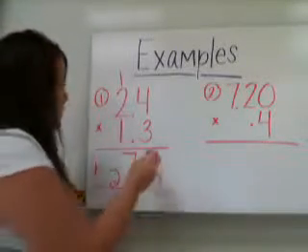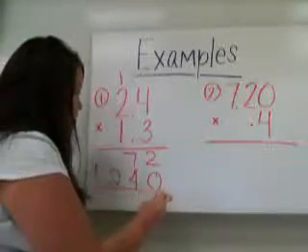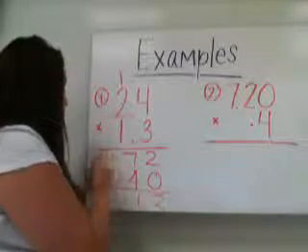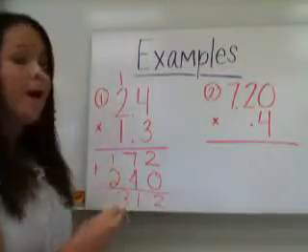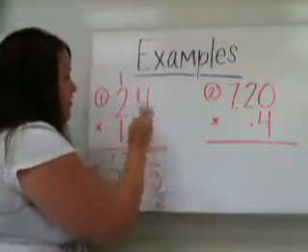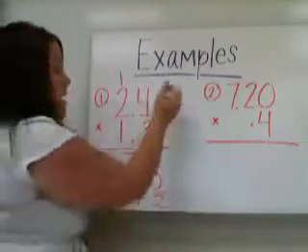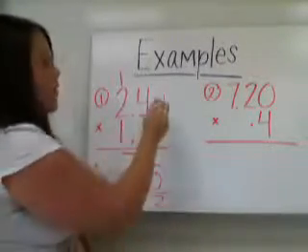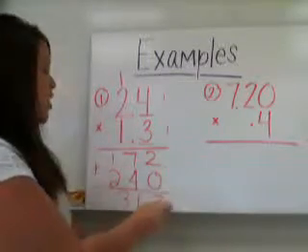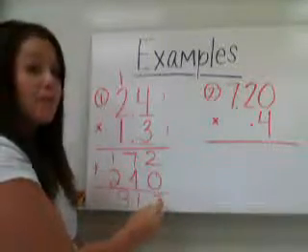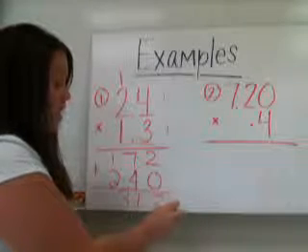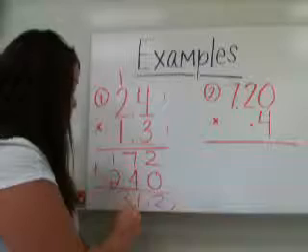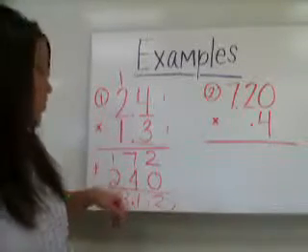Then we're going to add them just like we do. 2 plus 0 is 2. 7 plus 4 is 11. And 1 plus 2 is 3. Now, if we look at these numbers, the first one, 2 4/10, has one number behind the decimal. 1 3/10 also has one number behind the decimal. We know that 1 plus 1 is 2. So in our product, we're going to have to move 2 spaces to the right. So we're going to start all the way over here and move 2, 1, 2, which makes our answer 3